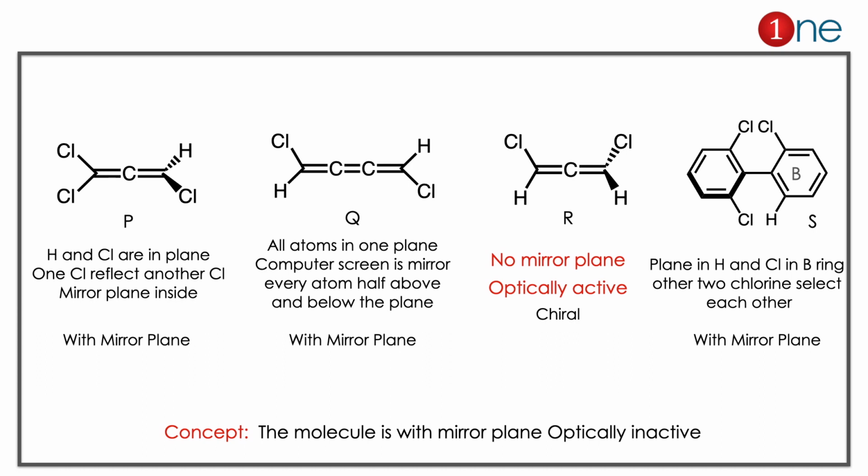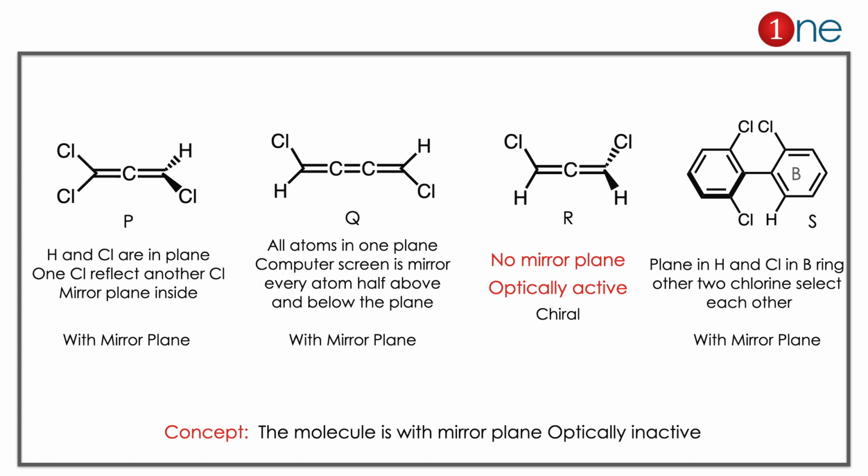Here our aim is to find the mirror plane inside. If there is no mirror plane inside, the compound is optically active. You can say it's a chiral molecule. Here you have to find the mirror planes in every molecule. If there is no mirror plane, the compound is chiral. Obviously it will be optically active. Here the carbon number is important and the atoms connected are important. In P you have 2 chlorine atoms connected, so you can draw a plane easily. On the plane of hydrogen and chlorine, both chlorines on the other side will reflect each other, so it has a mirror